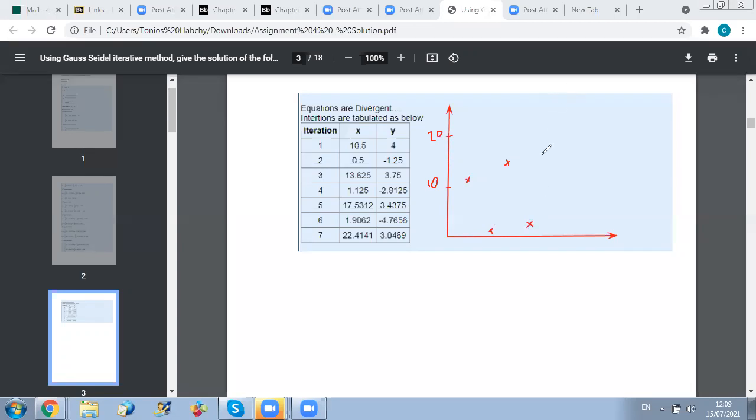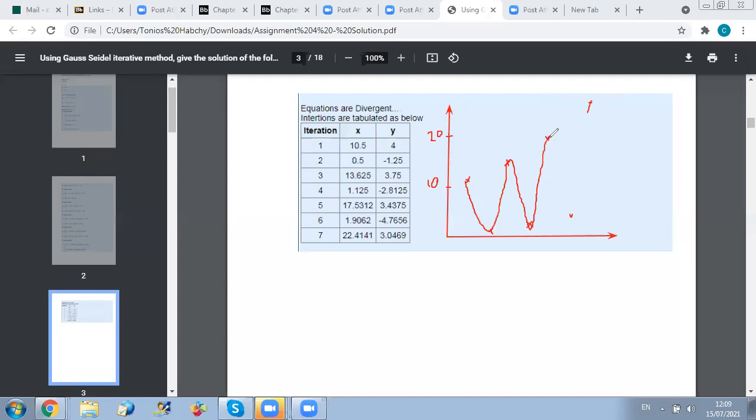Then you jump again to a higher value, nearly 17.5. And then you drop to 1.9. And then you jump again to nearly 22.5. So if you draw the variation of your values, you have oscillating behavior, and not only oscillating behavior, the amplitude